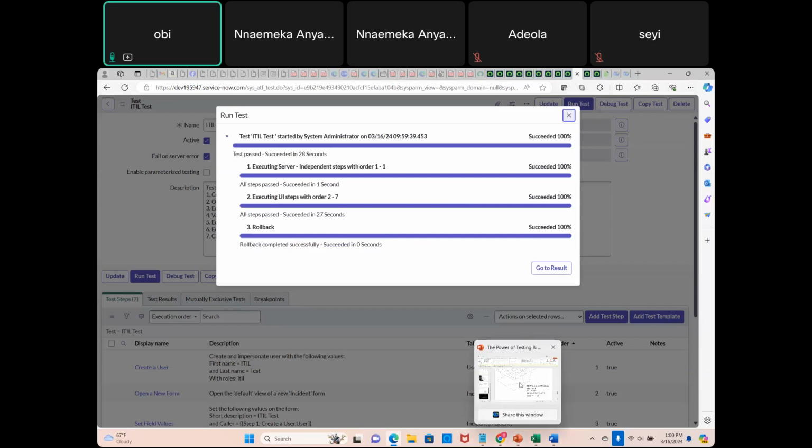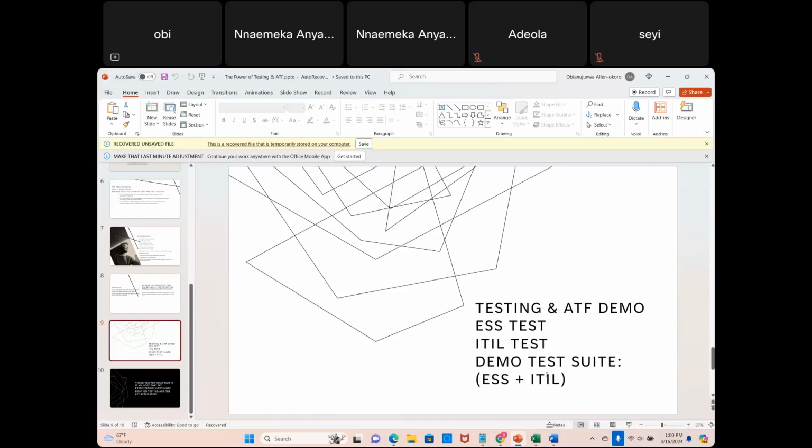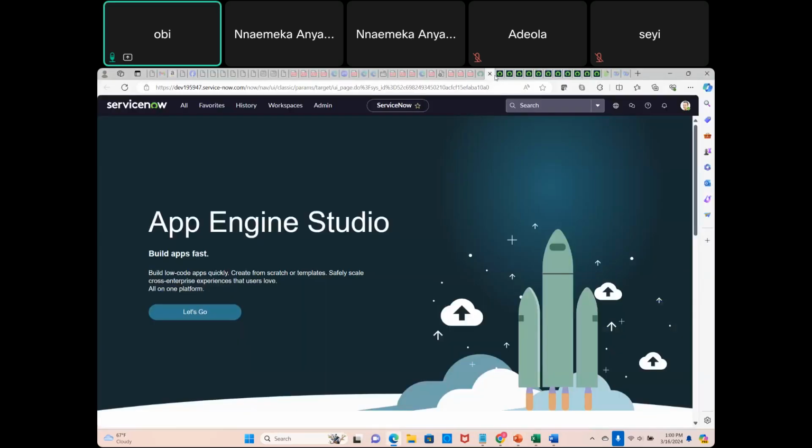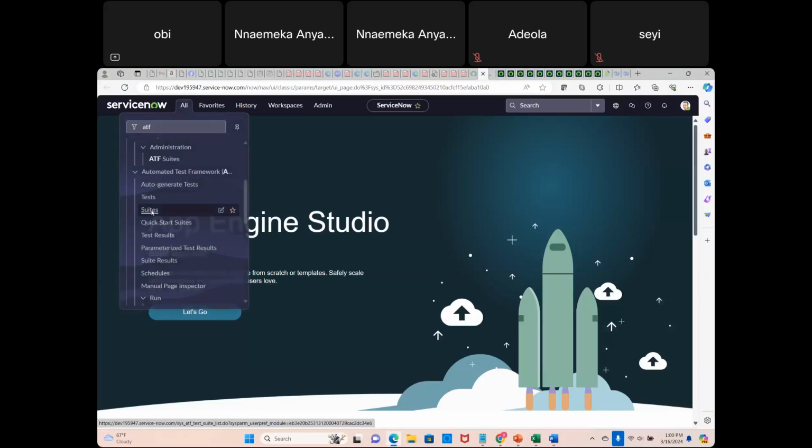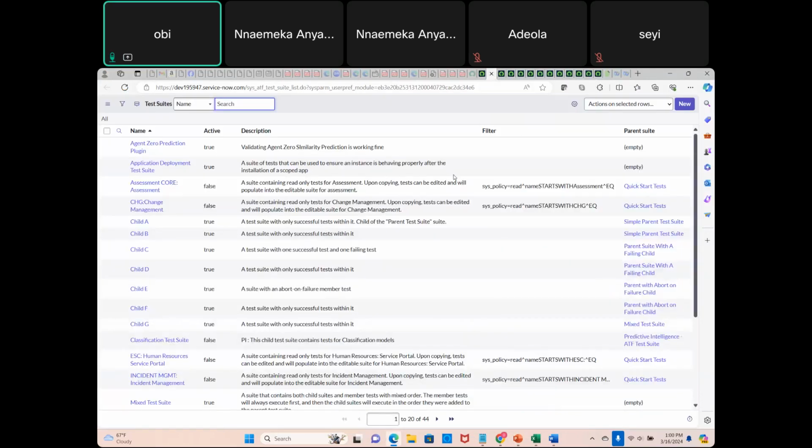And I'm going to name it demo suite. And what is a suite? It's a combination of tests. So that's simple. So I'm going to come back here and open suites in another tab. And of course, like I mentioned, there's always an example for you. These are sample templates that you can make use of if you're trying to figure out what a suite is made of. But since I already have the tests that I want to make up my suite, I'm just going to click new,